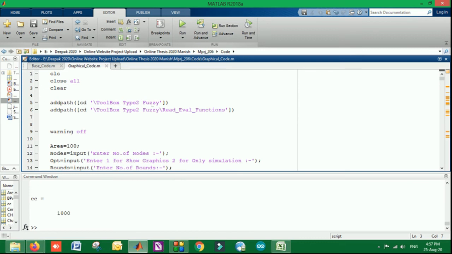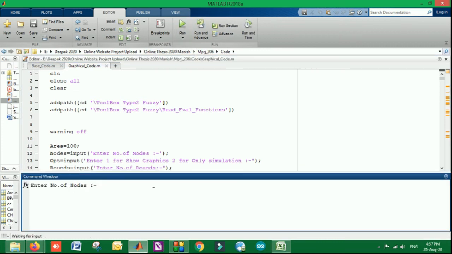We are using the Type-2 fuzzy toolbox, an external toolbox, because it has not been introduced into the MATLAB library itself, so we need to use the external library. When I run this code, it is a dynamic code. You can see it is asking for the nodes. If I enter 100 nodes, it asks whether you want only the simulation or the graphical representation also. If I choose to show graphics and press enter, it will ask me